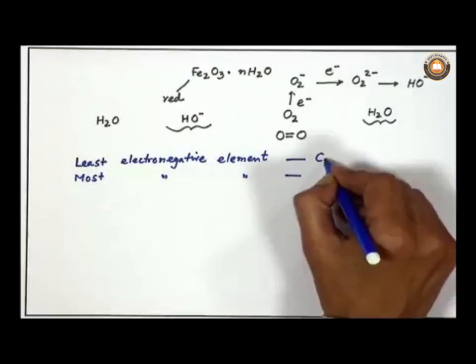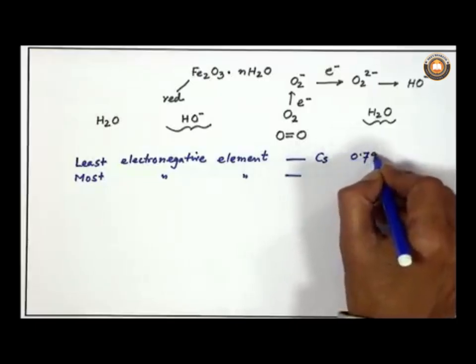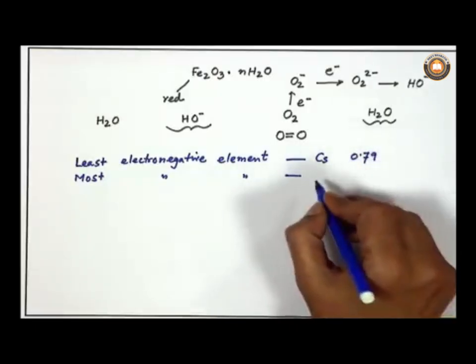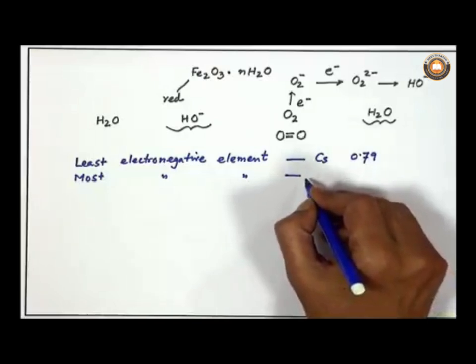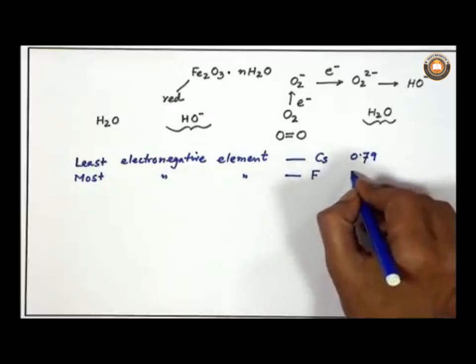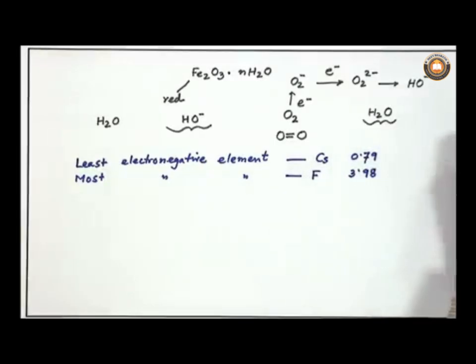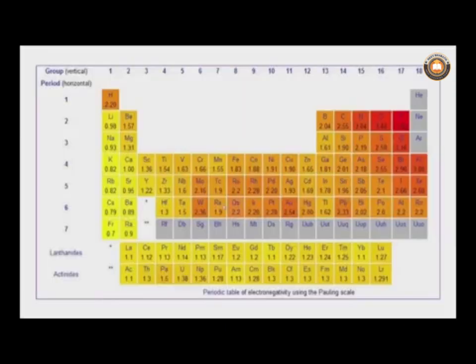So, this is cesium having a value of 0.79 in the Pauling electronegativity scale, and the most electronegative one is the corresponding fluorine, which is 3.98. So, this particular species, this electropositive or the less electronegative element will be oxidized very easily, and it